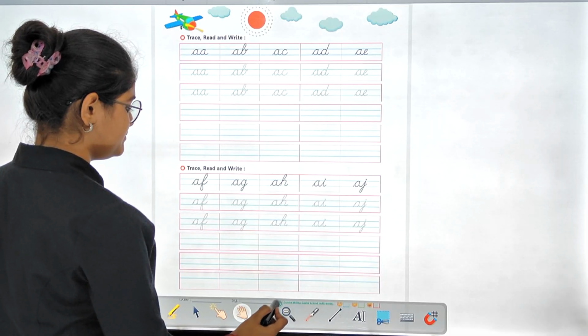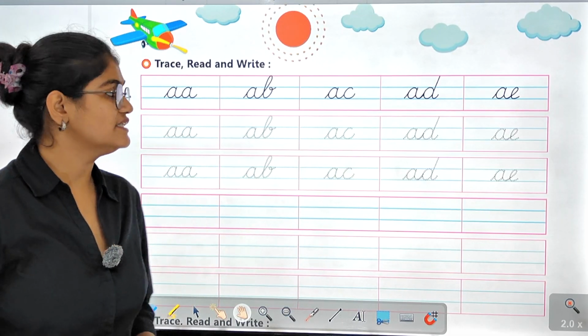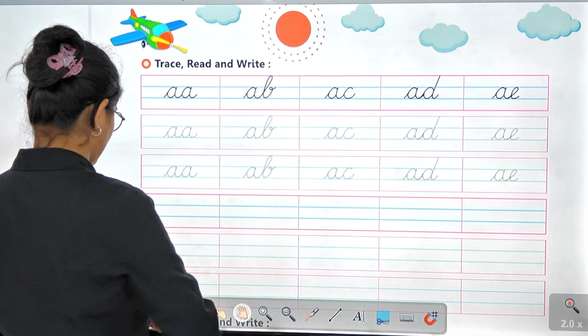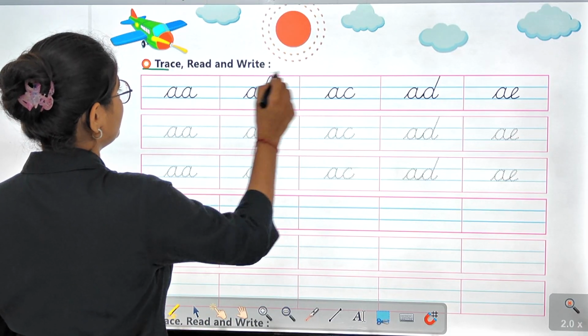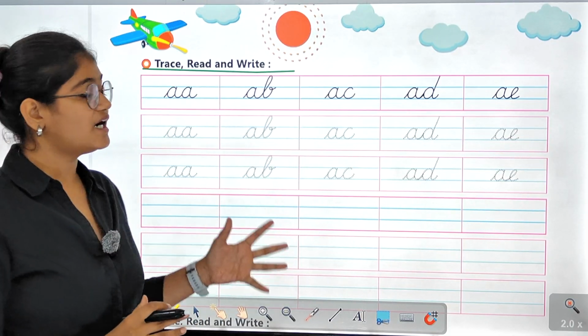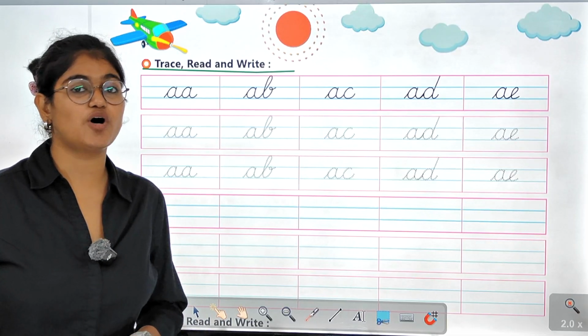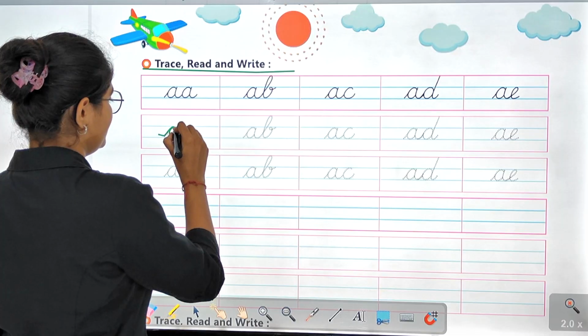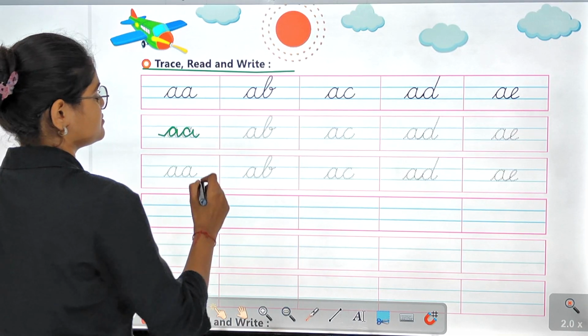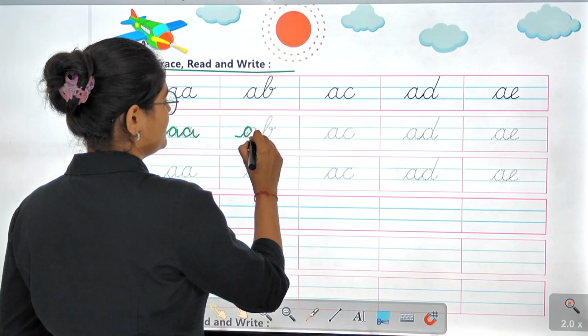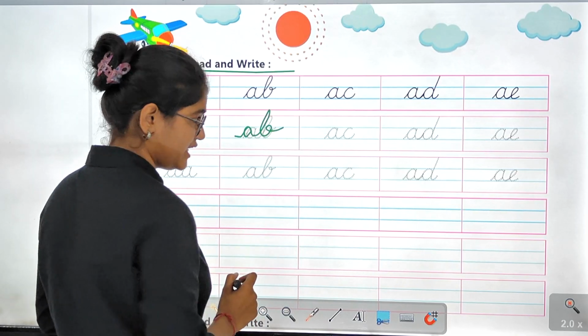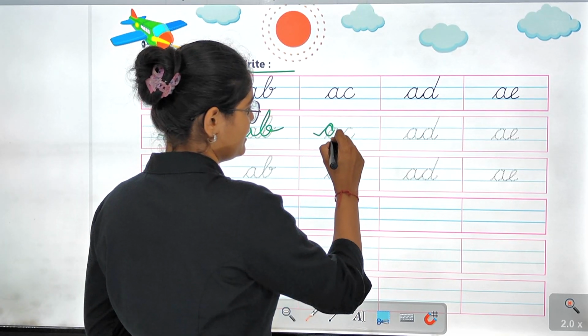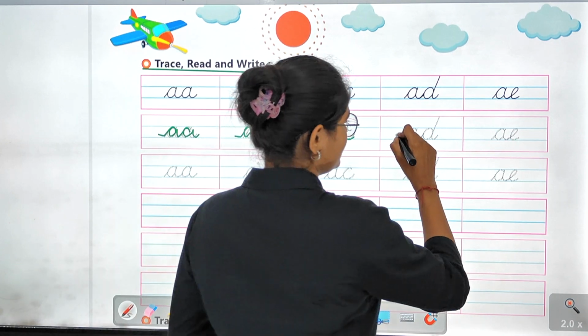Moving ahead. So now we have the trace, read and write for the cursive small letters. So how are we going to write? A, A, B by joining them, right? A, C, A,